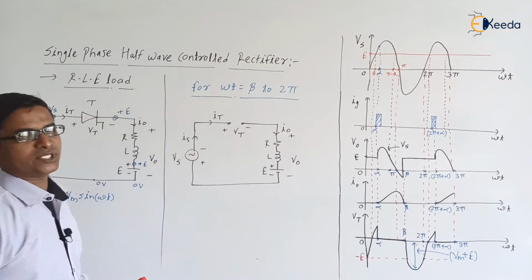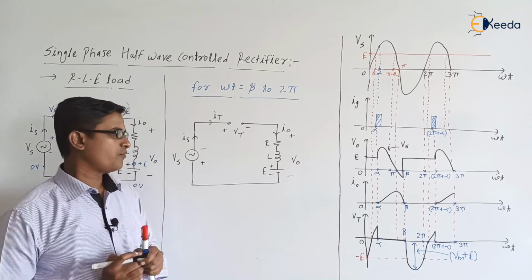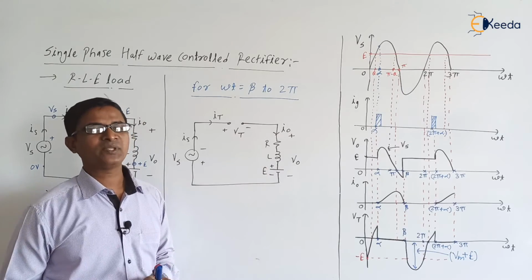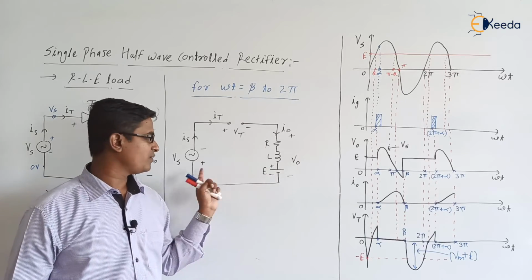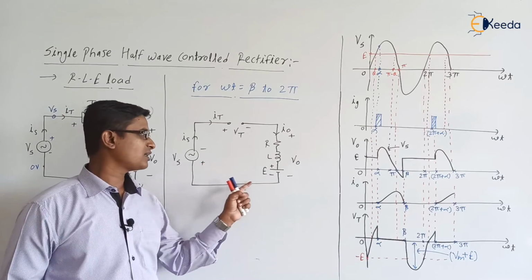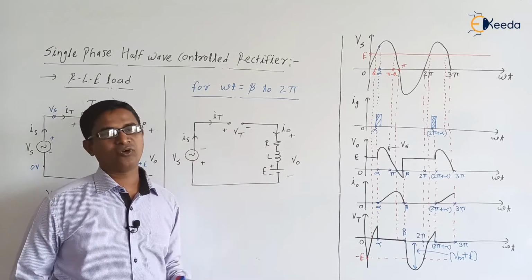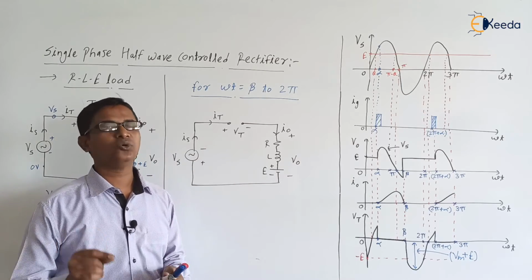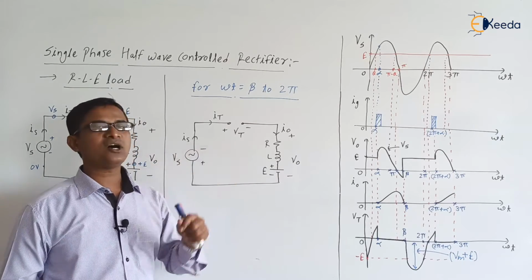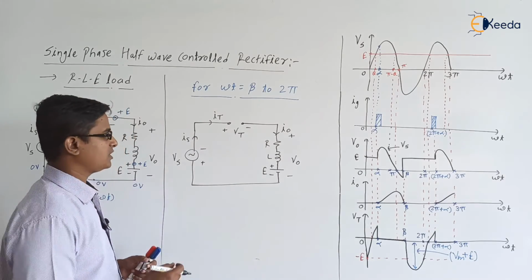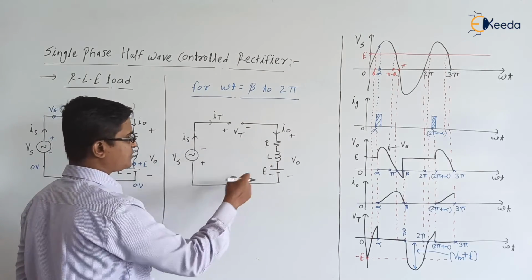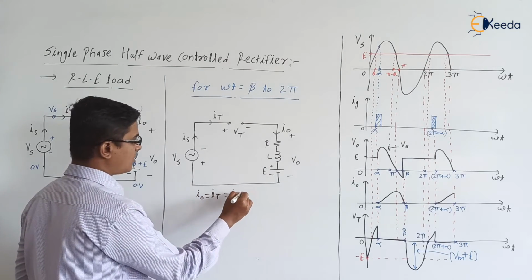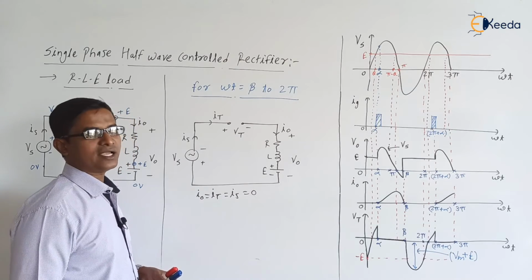If you check in this circuit, Vs and E will be assisting each other, but the inductor is not having the energy to release. The inductor energy is less than the energy of Vs and E. So the resultant current will try to flow in the anti-clockwise direction, but will our thyristor allow the reverse current? No. So the thyristor will be in the off state. Now, in the circuit I0 is equal to It is equal to Is, all are 0.